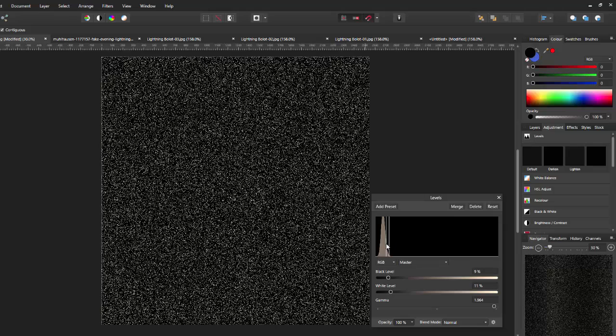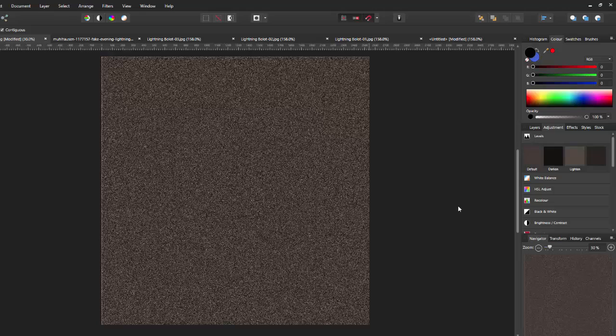So as you can see, the lines there, they're pretty close together, and they're just sort of using the last few pixels within that peak of pixels that are in the histogram there. So once I have got it in that position, I will click Merge